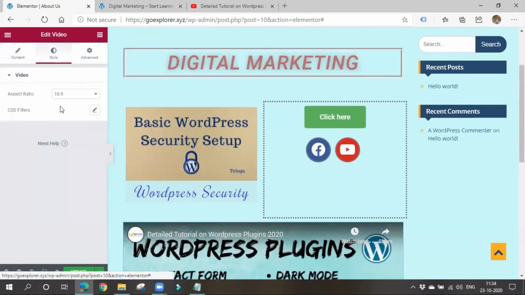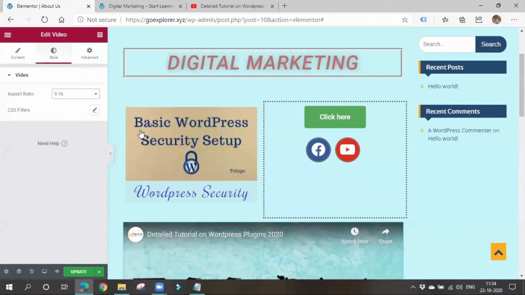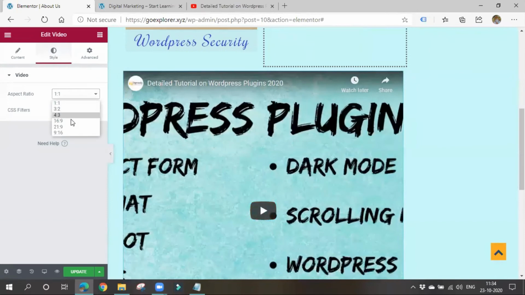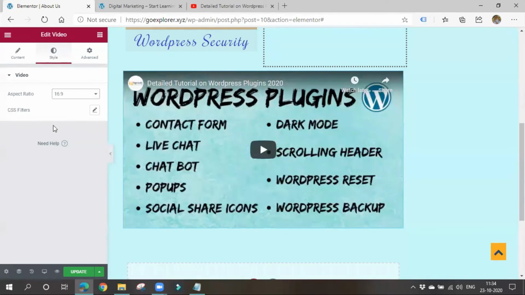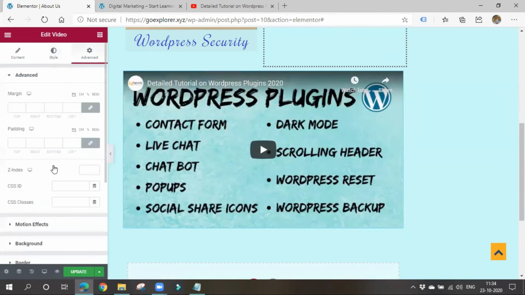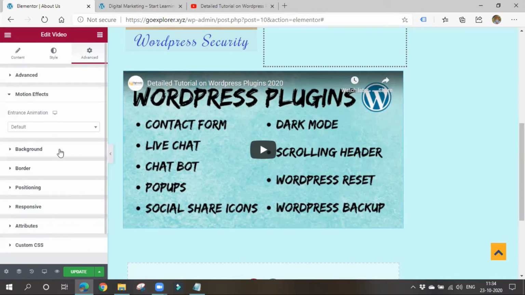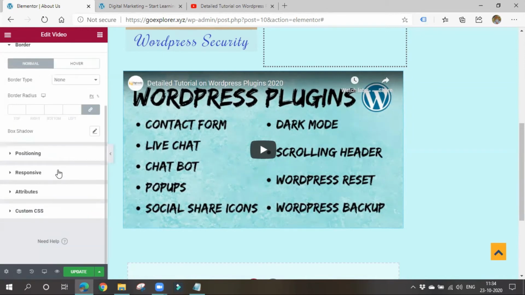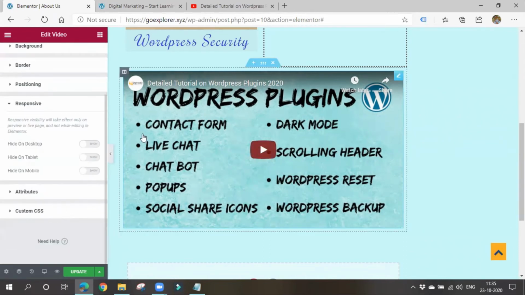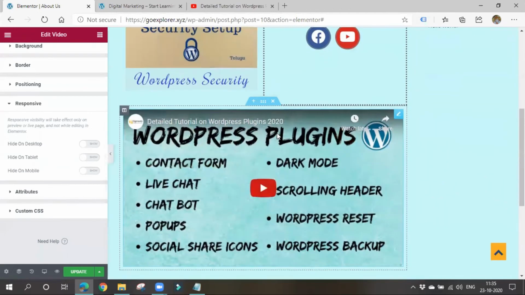Okay. You can also add some styles. Again, how much size it should be. Okay, like this you can choose. So I want the size to 1:1 or whatever thing you want, you can choose. Okay, CSS filters, again the color. Okay, how it should be blur or like what, how it should be, you can choose whatever you want. Brightness, advanced, again you can add some animation effects to these thing. Also you can add some border. Okay, you can make this thing hidden in some devices, or you can show only to some devices like that. Okay, like this you can add some videos also.